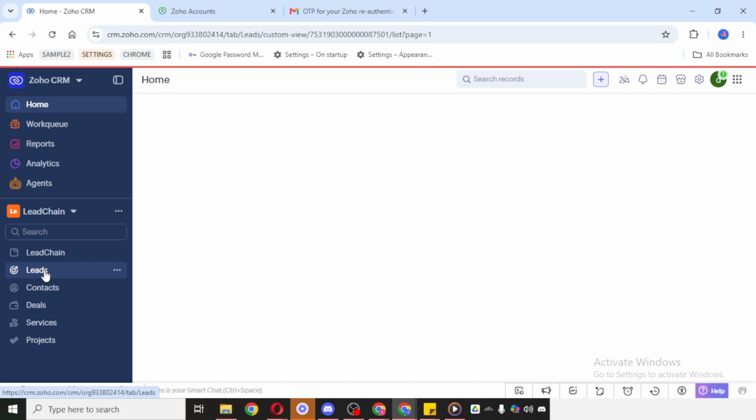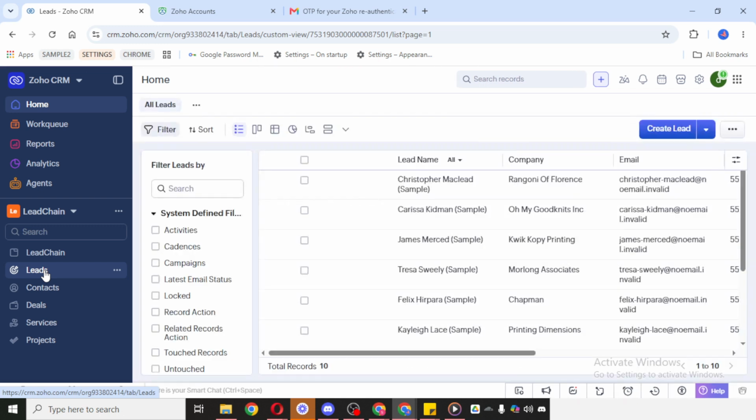If you have many leads in your account, it may help to scan the list carefully or use the search tools available in Zoho CRM to find the correct record faster. It's always a good idea to confirm that you're opening the right lead before adding any information, especially if you're working with multiple similar entries. Once you've found the correct lead, click on it to open the full record.